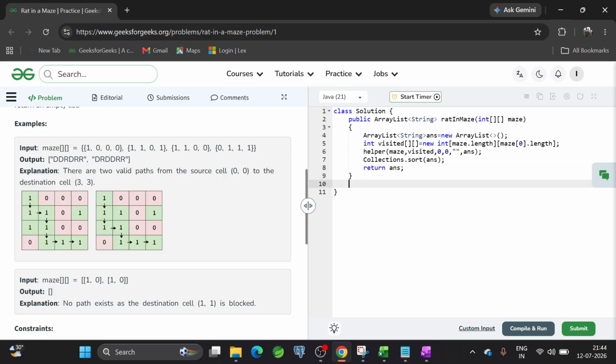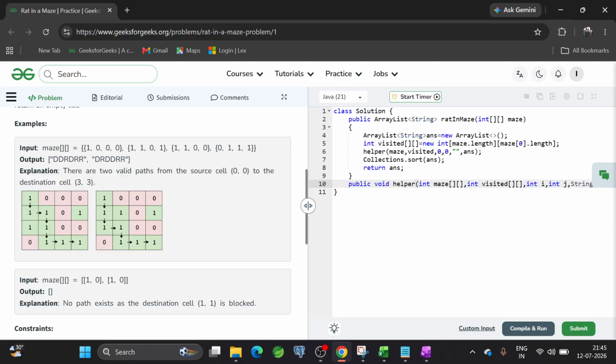Now I have to define one helper method, public void helper, then int mesh, then int visited, then int i, int j, string answer,